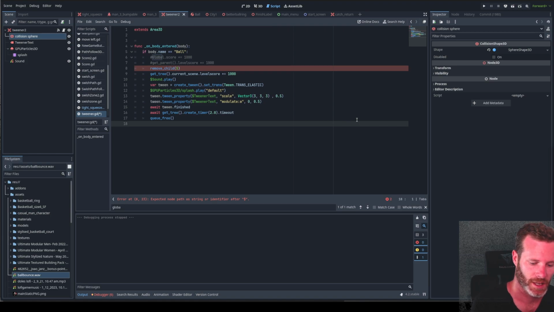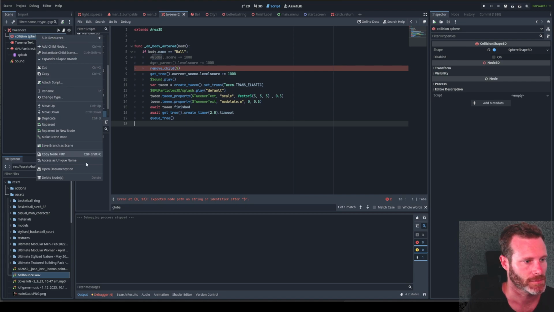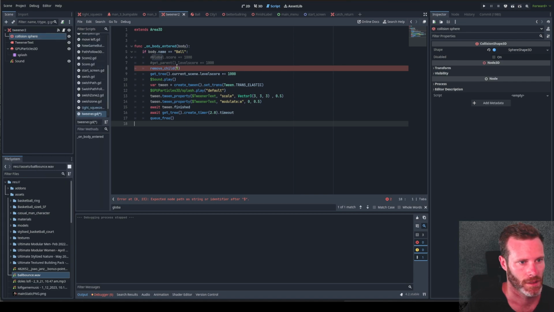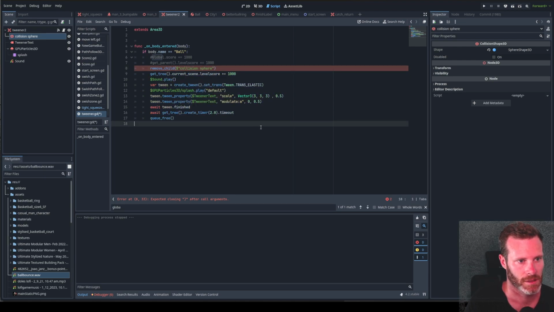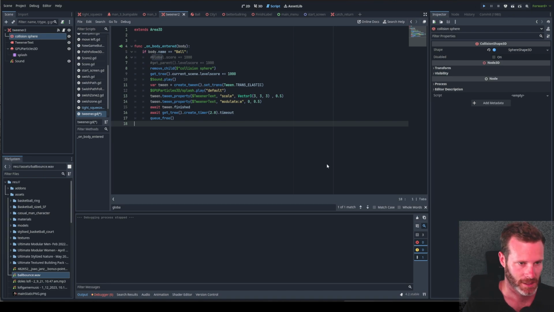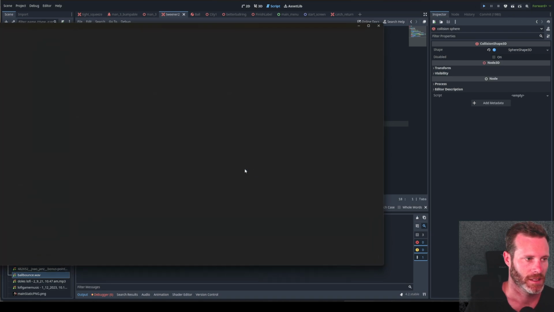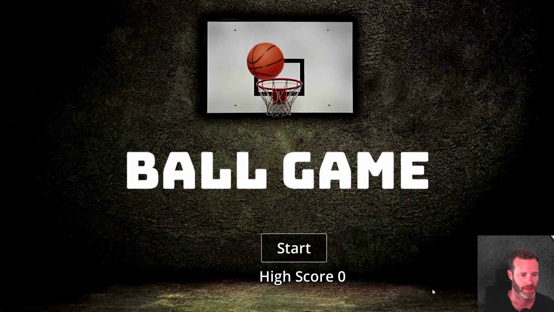Okay, where was I? I need to remove the child of this particular collision sphere. Copy that node's path and I'll put it in quotes because there's a space. So now if I activate the tweener and